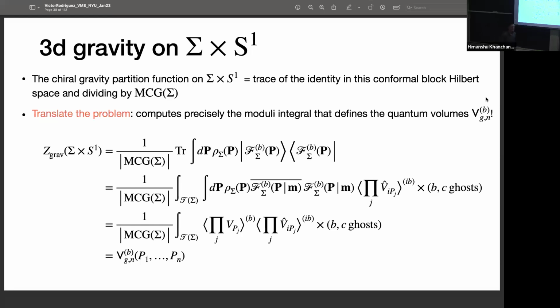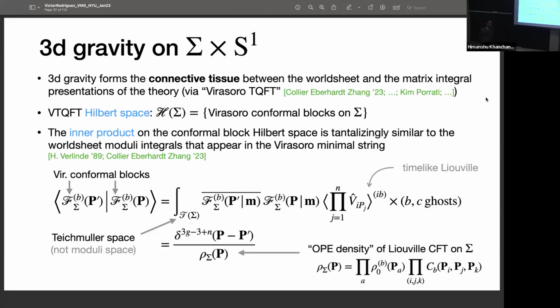So can I see the previous transparency? Yeah. Yeah, even here, why is it Teichmüller space? Why shouldn't you impose, say, the Gauss law, or if you want, some of the constraints tell you that the wave functions are invariant under the mapping class group? Yeah. Well, the thing is,